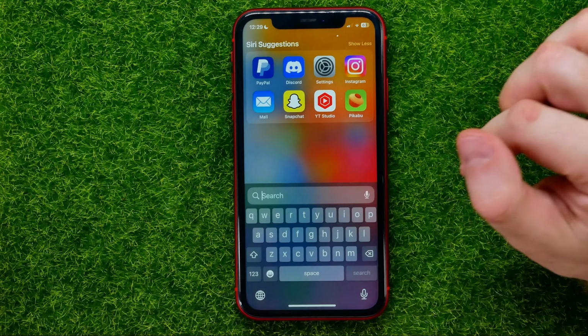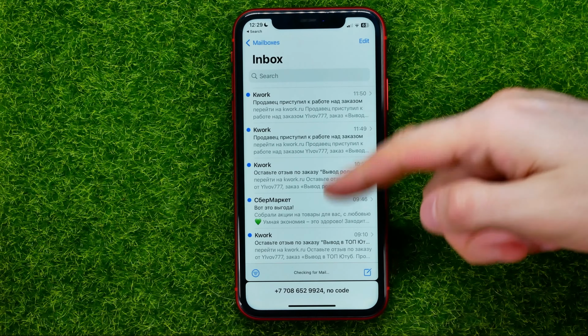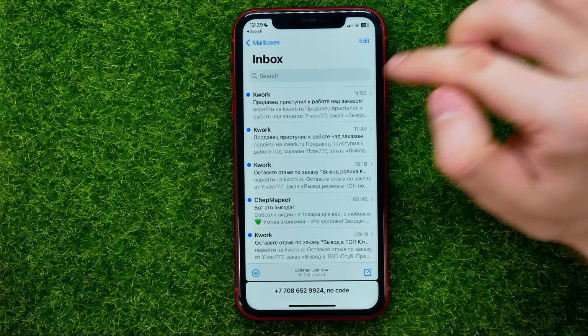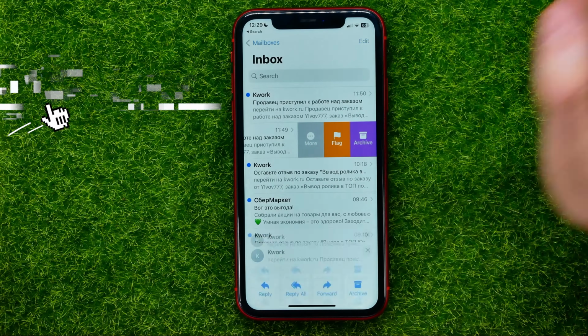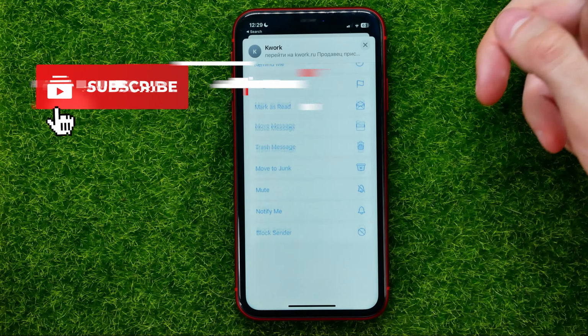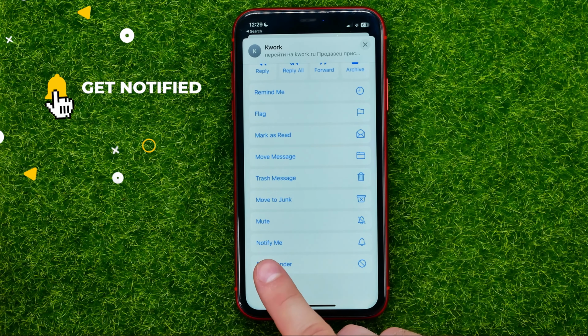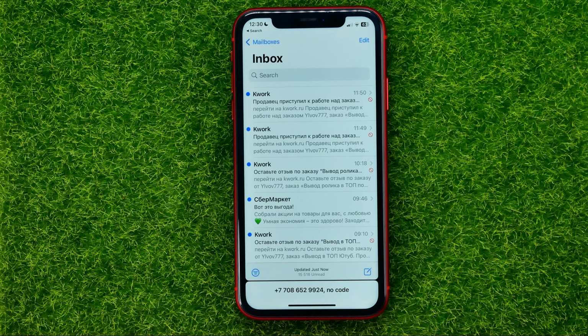So let's begin, and first off, open up the Mail app. And right there in the inbox, if you got some email and you don't want to get future emails from that particular user, all you have to do is just swipe to the left on that email, then hit More, and then scroll down to the very bottom where you can easily find Block Sender. You can just tap on it to block that particular sender, and from now you will not get any messages